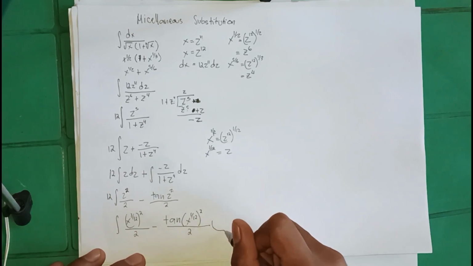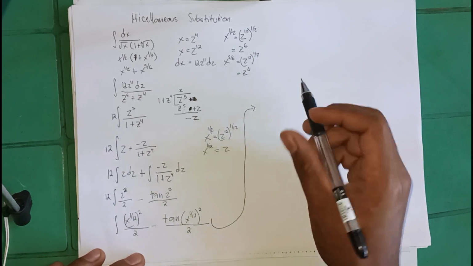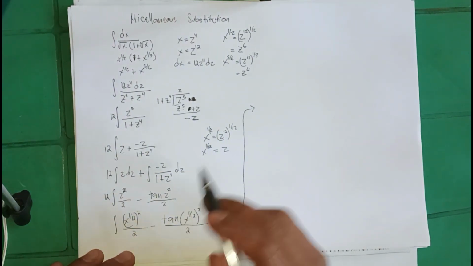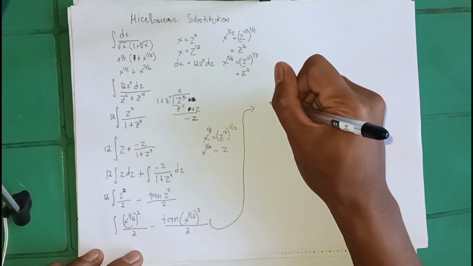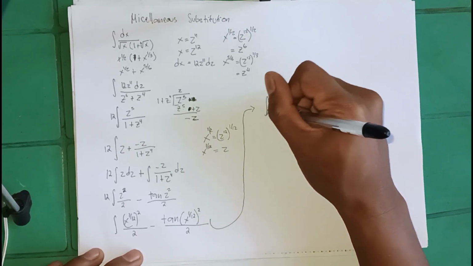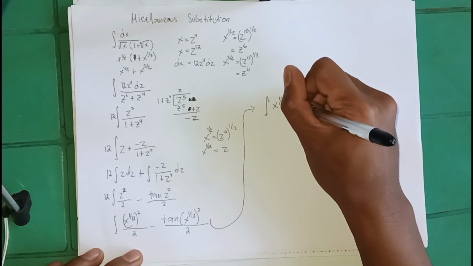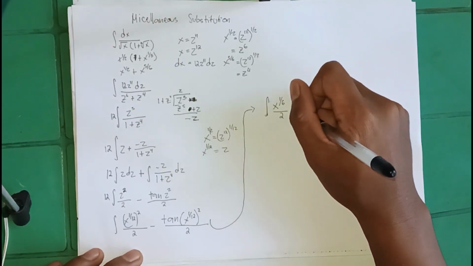So we can continue it here. So x to the 1 over 12 raised to 2 is x to the 1 over 6 over 2,